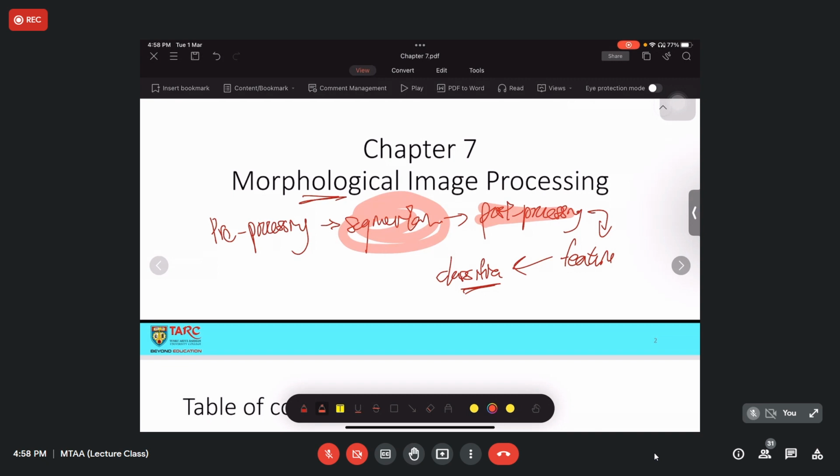Morphological image processing usually deals with the size and morphology of the features or objects. Morphology is the geometrical appearance. Is it circular in shape? Is it solid in shape? Is it elliptical? Is it big?